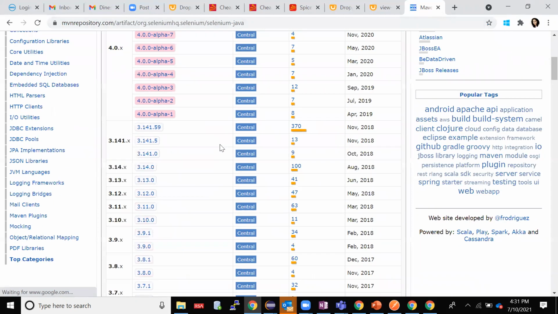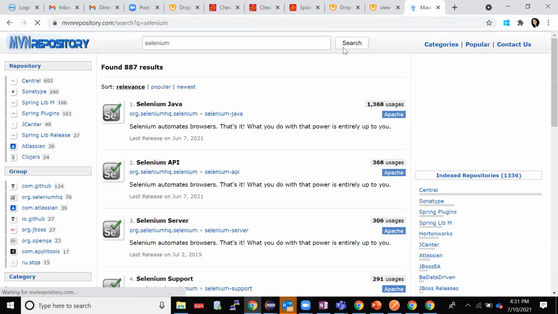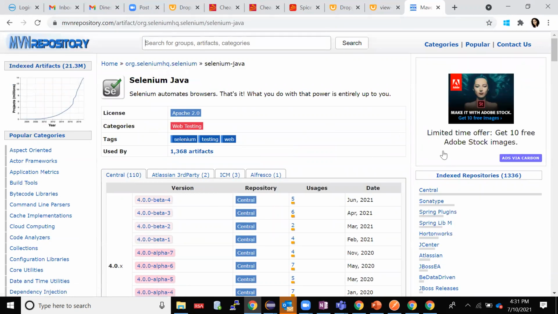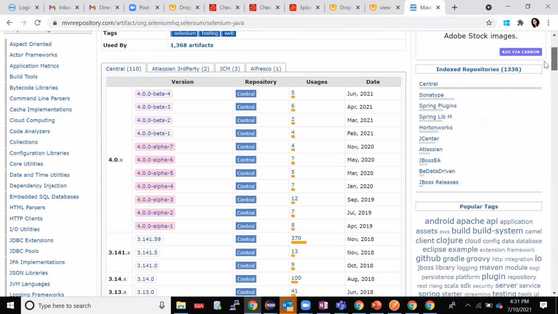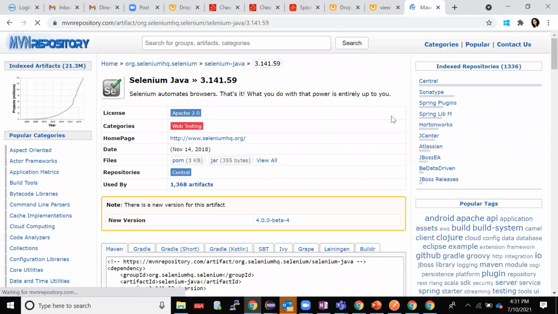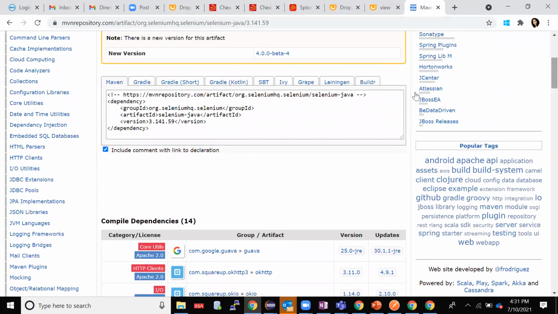If I search with Selenium, you will get many options, like Selenium with Java. I'll take the first option. Now here you can see all the available options. I'll take the most stable option, 3.141.59. If I click on that, here I have a dependency.